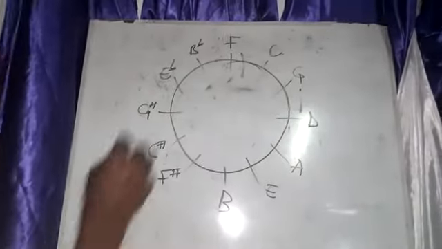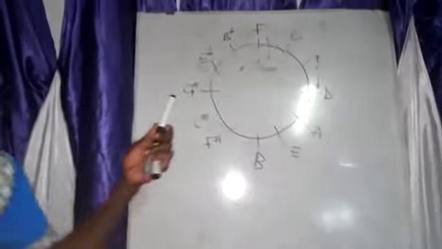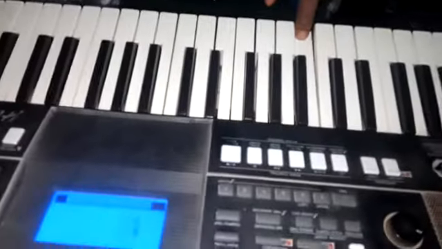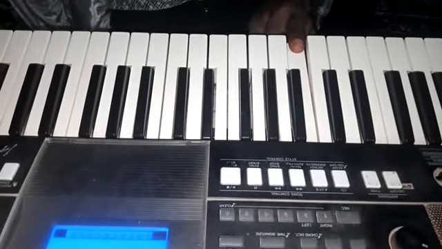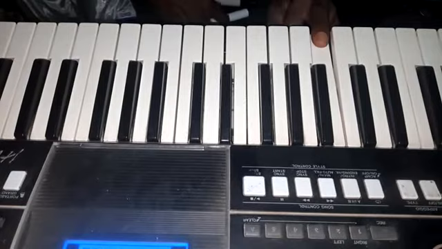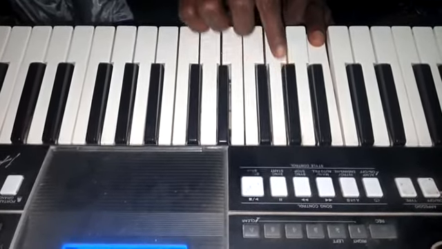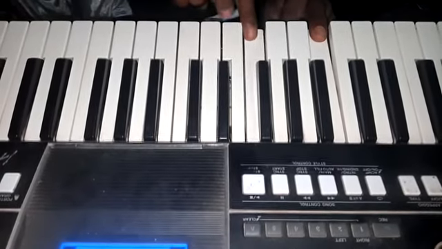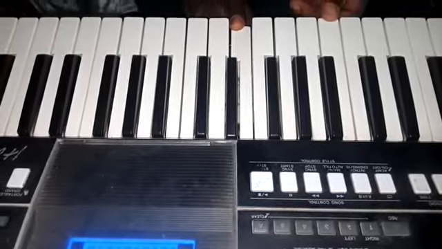Okay, now we have here the 12 keys. So if you want to calculate this on the keyboard, if you don't have it off head, you can calculate it like this. After putting your finger on the tonic, which is the key that you are using, you count 7 semitones, or you walk 7 chromatic ways forward. 1, 2, 3, 4, 5, 6, 7, which means C is the fifth note after F.